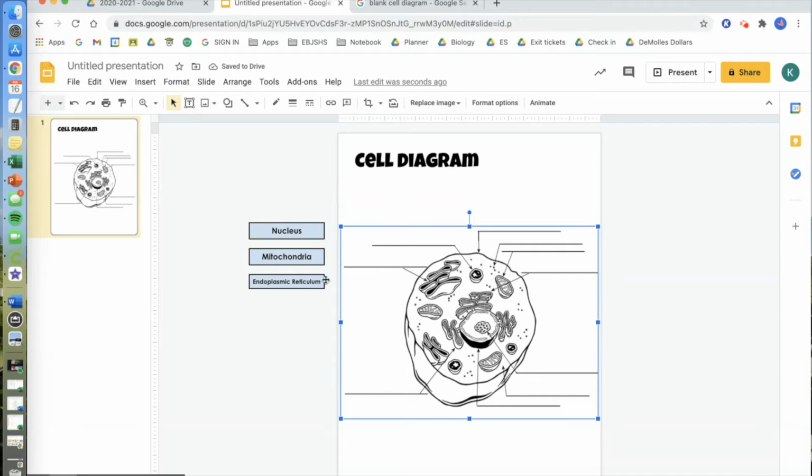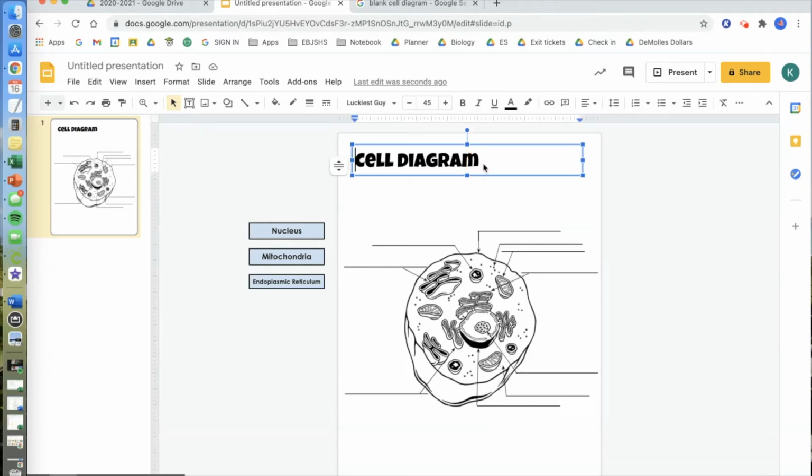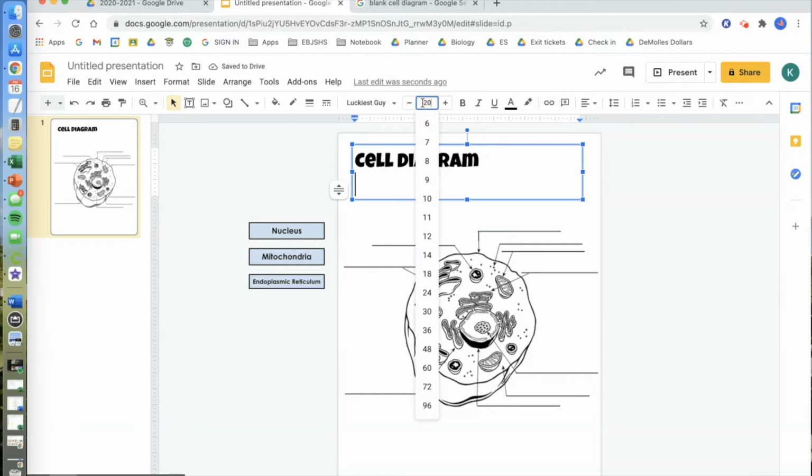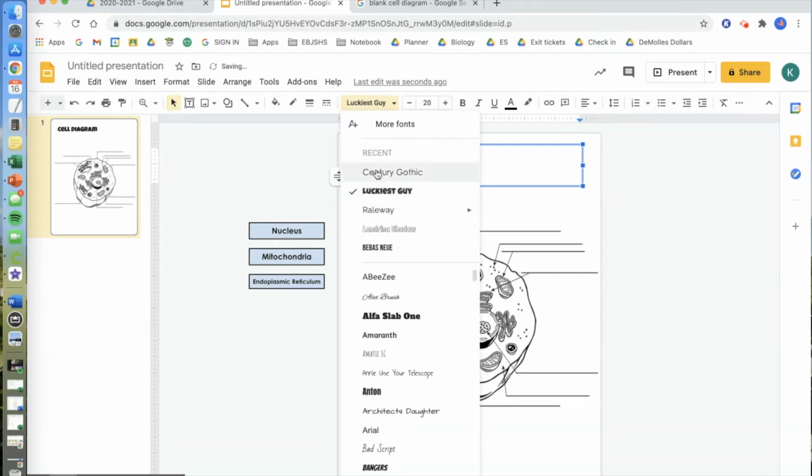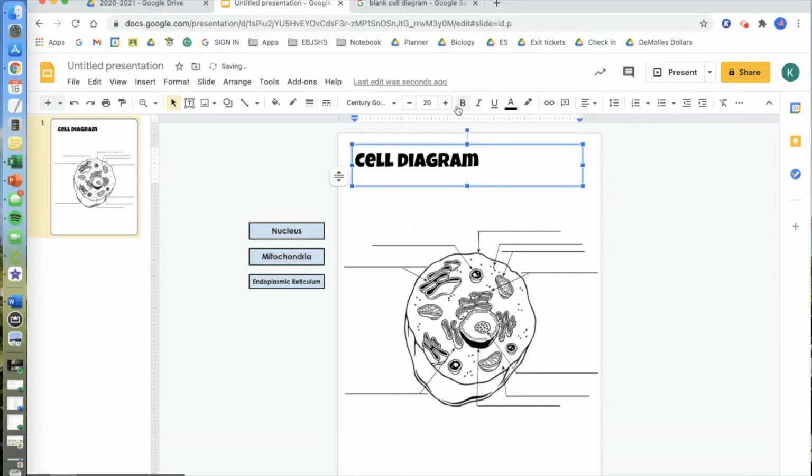So I would continue adding more tiles for all of the labels that students need to have on this particular diagram. So now I'm going to add the directions that students would follow in order to complete this. So I want to change my font size down to about a 20. I like the directions to be in Century Gothic and bolded. I'm going to say directions,